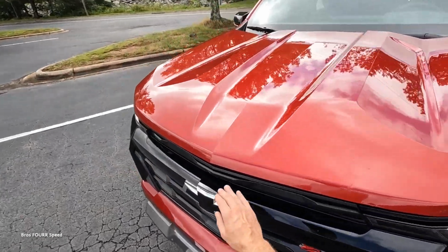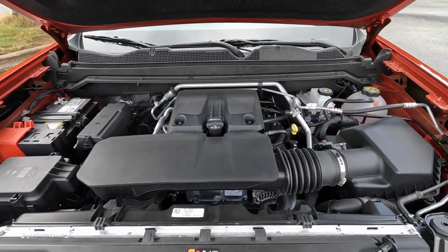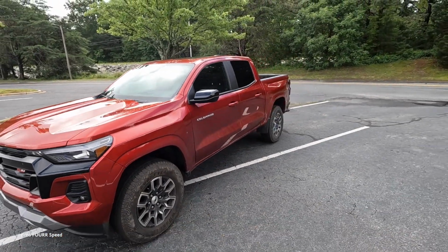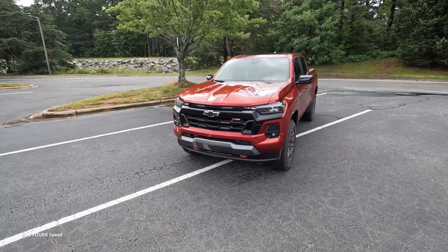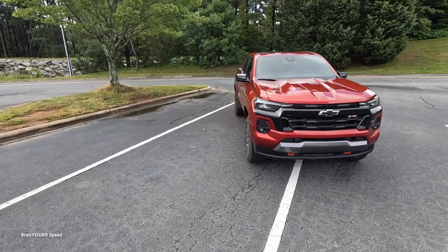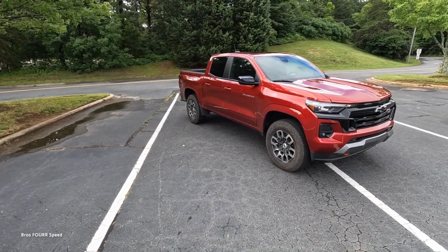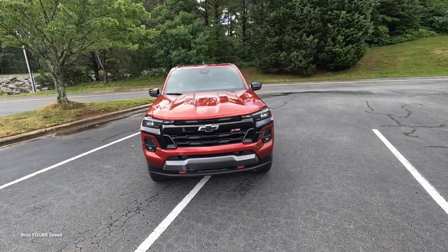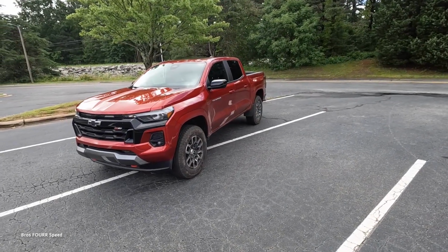truck. So underneath the hood is the 2.7 liter turbocharged 4-cylinder engine. It's paired to an 8-speed automatic transmission, pumping out 310 horsepower, 391 pound-feet of torque. That's capable of towing right up to 7,700 pounds, which is pretty impressive. Now this weighs in right around 4,600 pounds. It'll do 0 to 60 in 7 seconds, has a top speed of 135. And as far as fuel economy goes, you're looking right around 17 miles per gallon in the city, 21 on the highway. So even though we no longer have that V6, it is still a pretty capable smaller size